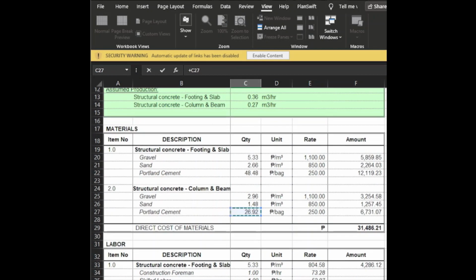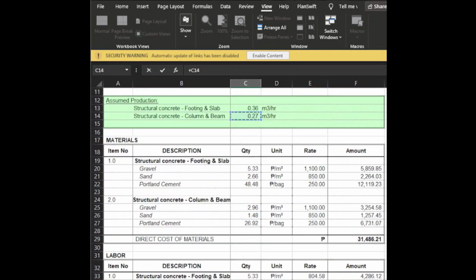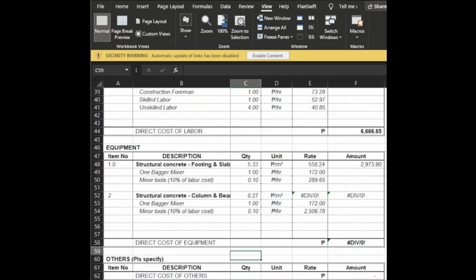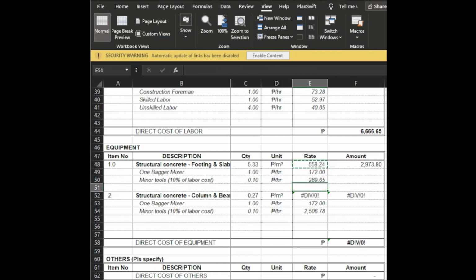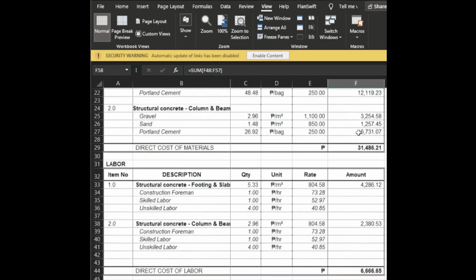So the quantity is 0.27 and the amount, we will make a dollar sign again so that we can copy it here. So it's 3,290. So this is how it's done, guys,